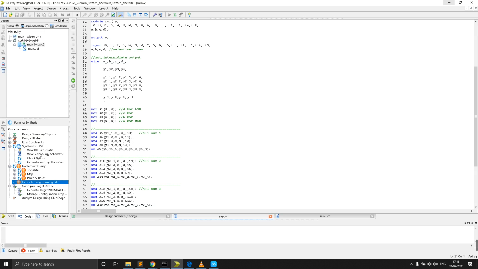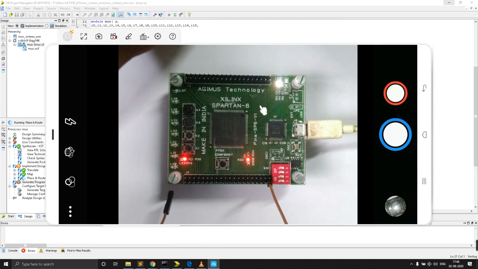It takes some time. If you press like this, it will show all those things. We're going to generate, and here I just connected this board to the computer.